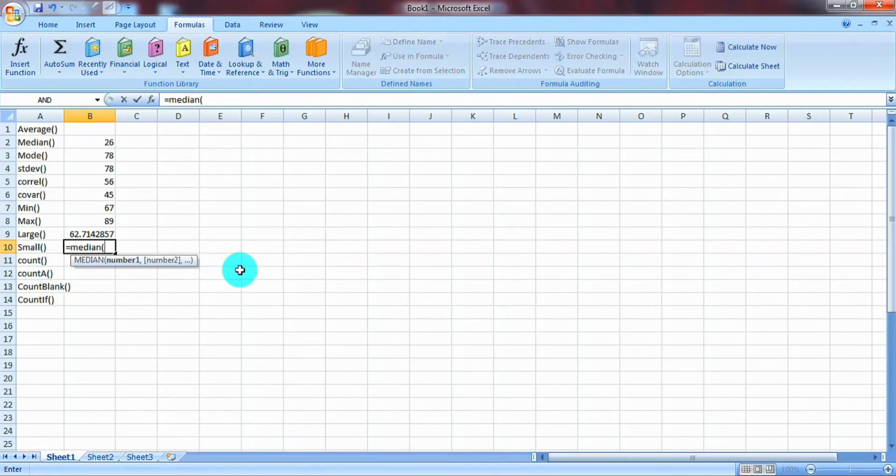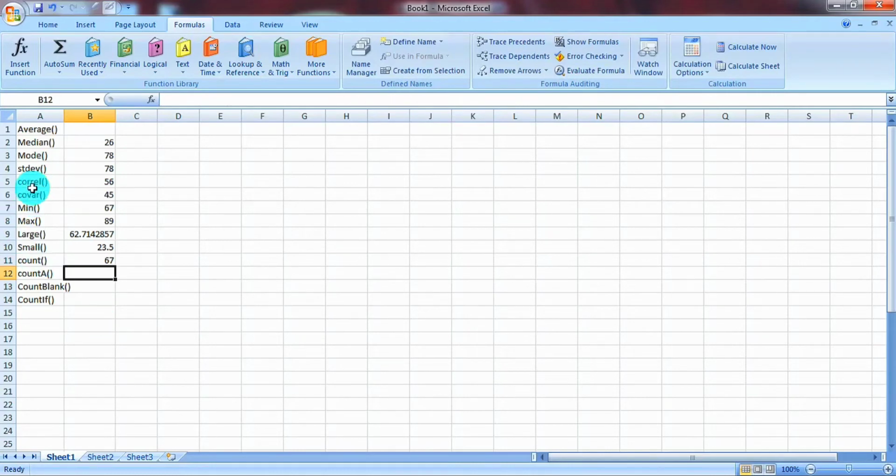Here also you can directly write the numbers, or we can write equal to median, then select the range, then close the brackets. While calculating median, it will first arrange the numbers in ascending order, then it will return the number which is in the middle of the given set.